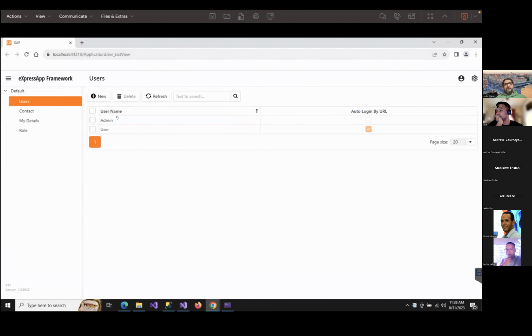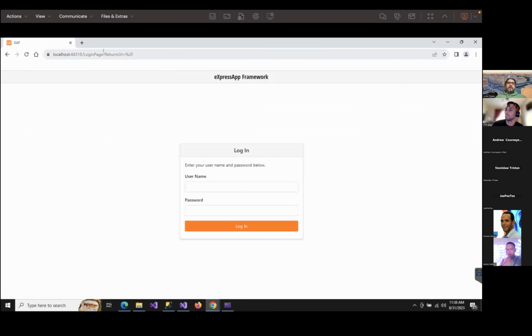Okay, so here you can see the users, and there is an extra property in the users, like login by URL. So let me log off. So the idea here is that